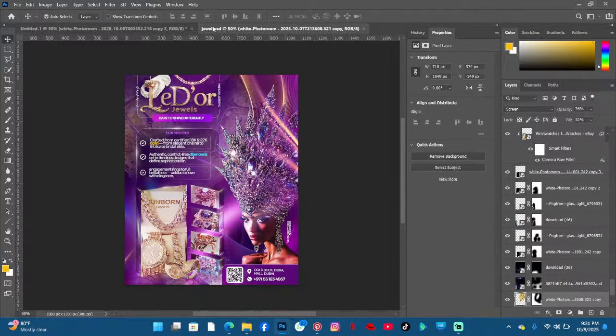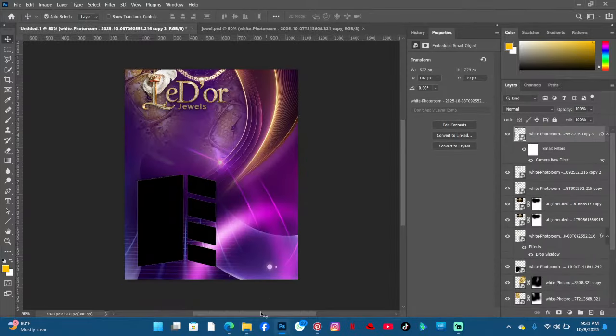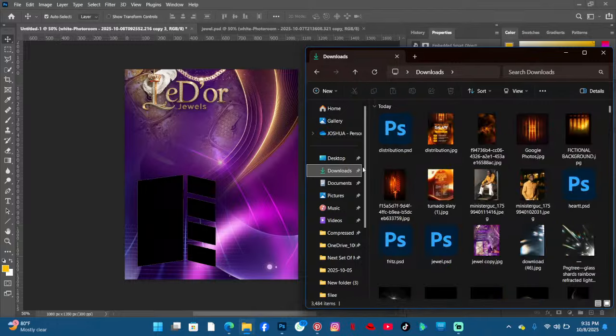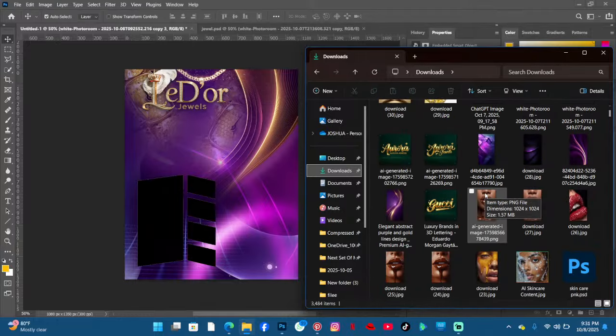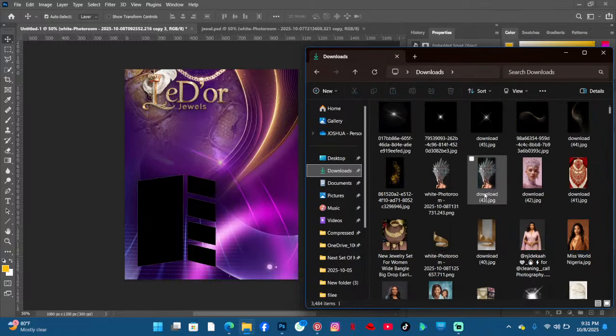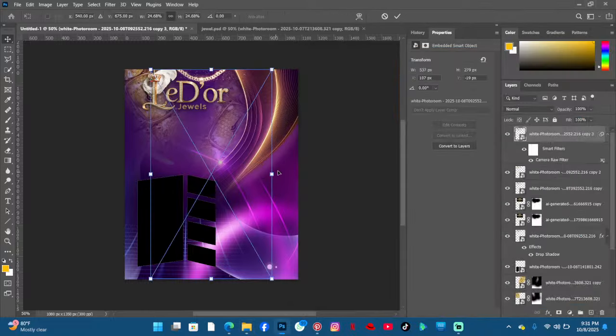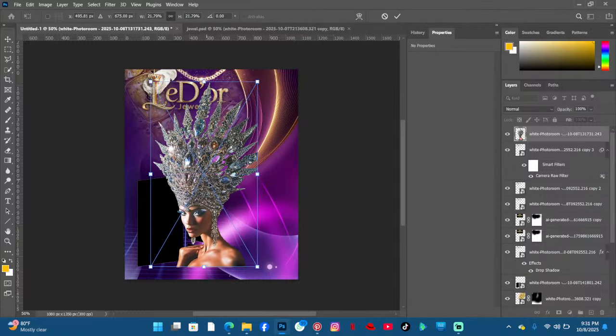Now what else do we have here? I'm going to bring in my picture and also the light effect there. The light effect will be at the last part because they are normally big. So I'm just going to bring in the picture of this. I got this from Pinterest. You can check